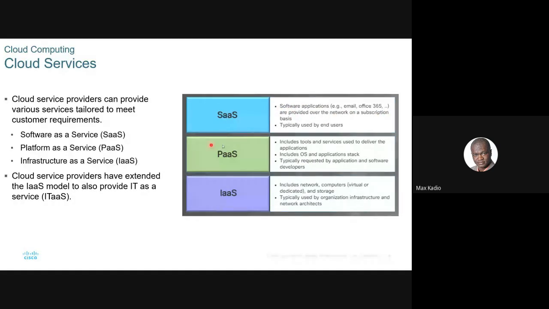We can also offer you a service called platform as a service or infrastructure as a service. So you don't need to pay anything upfront. They have everything. You just decide what you want, and you use it. It's like a rental. You rent the service, and every month or every year, according to your subscription, you pay them. So this one is very important as an IT technician or engineer. Have a look and we continue.